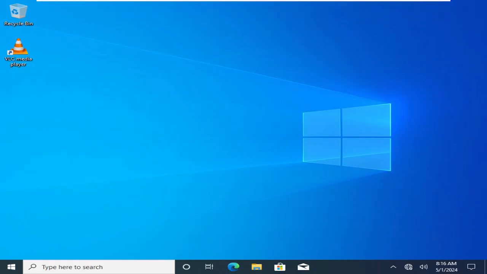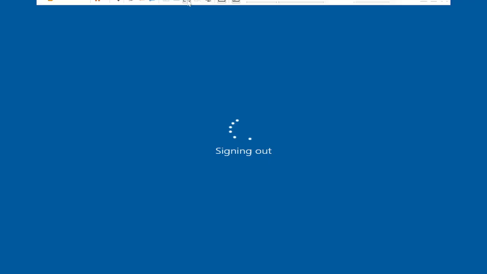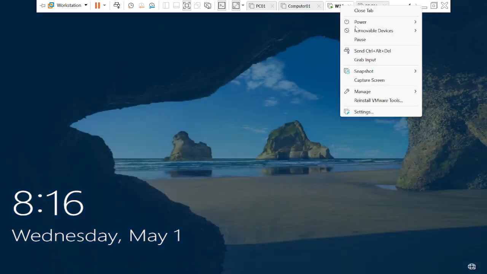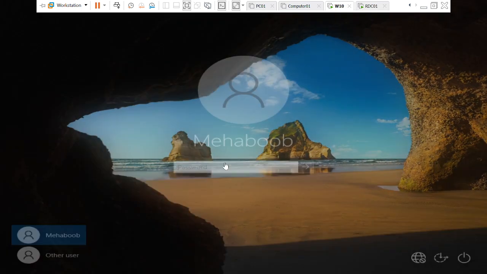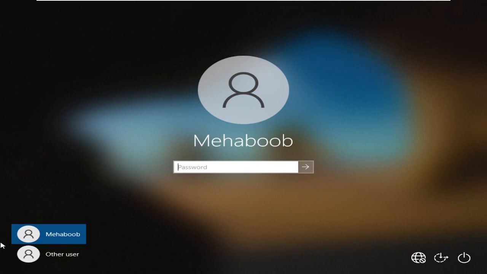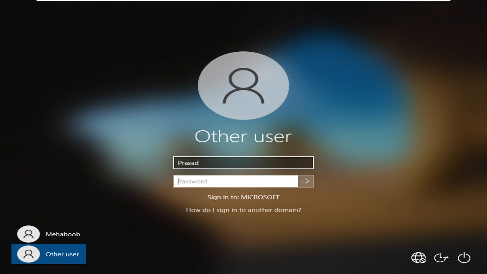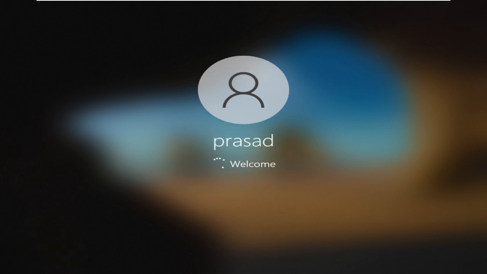Okay, let me log off this person here. Now I simply log in to this computer with the user called Prasad. See how it is possible because I have granted access via group. Instead of Mehboob, I can log in as Prasad. PASSWORD at the rate 123. See, this is how it is helpful when you grant access via